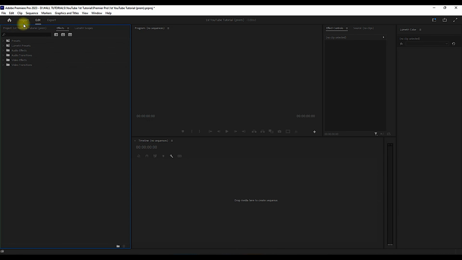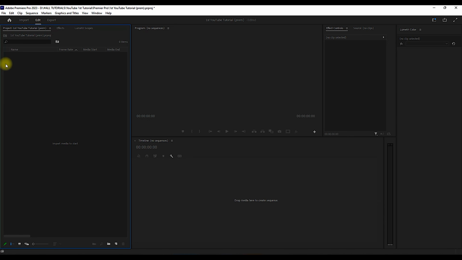Notice that any area you are currently on in Premiere Pro will be highlighted blue with this underline. This underline shows the particular panel you are in. So if I click on project, I will have the project panel underlined. This project panel is the panel that holds every single thing you will be editing in Premiere Pro. This is the panel where you'll be importing and arranging every media asset and project file you will be editing. This includes the video you will be editing, the pictures you will work with, the audio, that's the sound, the music, everything is going to the project.